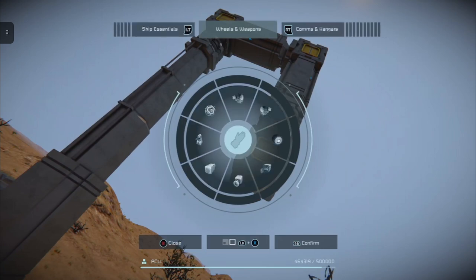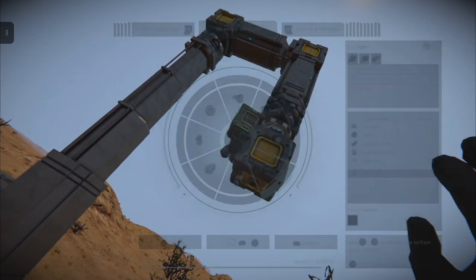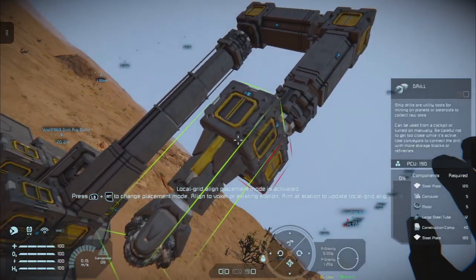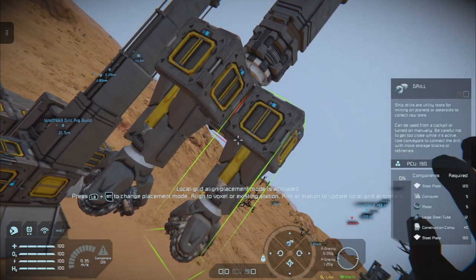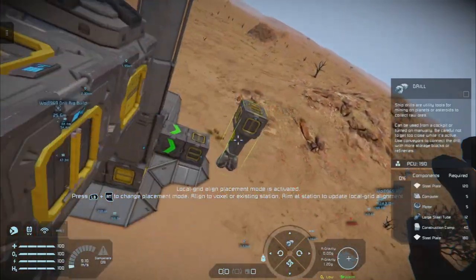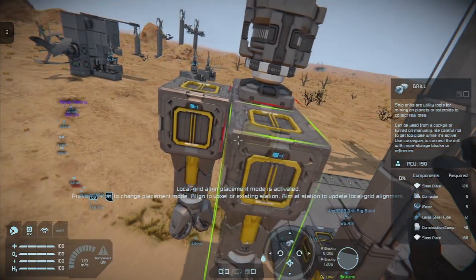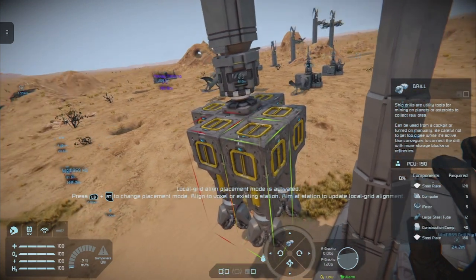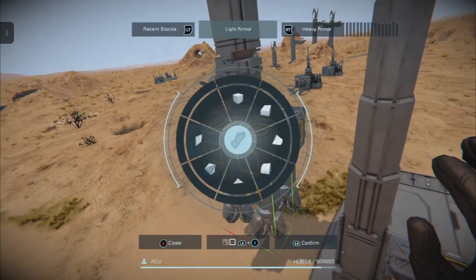We can start assembling up the fun looking drill. And we get one drill there, one drill there. This is a nice simple little drill rig, and we're going to embellish it like we did last time, just to add a bit more structural integrity, but also make it look nice.